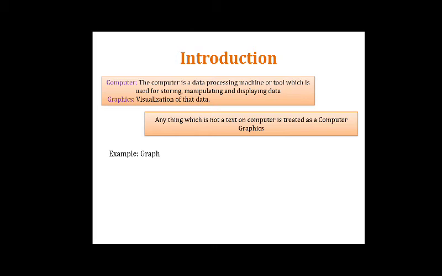So you can say computer graphics is anything, even text, on a computer that is treated as computer graphics. GUI, the graphical user interface, is an example. Nowadays almost all computers use GUI, so that is the best example of computer graphics. Or we can say that it is the study of techniques to improve communication between human and machine. The term computer graphics means a picture or a graph or anything seen that is drawn with the help of a computer.